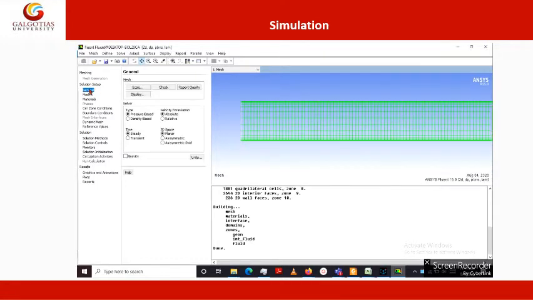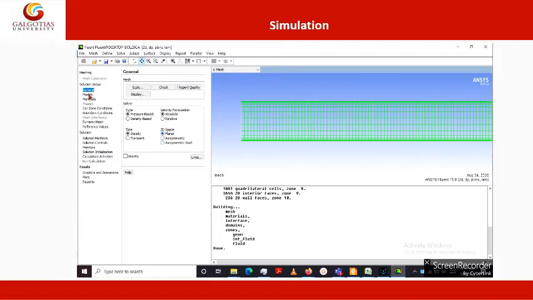Go to the general and see whether the type is pressure based or density based. So Fluent will solve according to the fluid flow type. For the incompressible fluid flow problem, we will select the type pressure based, and if the fluid is unsteady, we will select transient. Otherwise, if the fluid flow is steady, we will select steady flow. And the 2D space should be planar if the geometry you are dealing with is Cartesian.